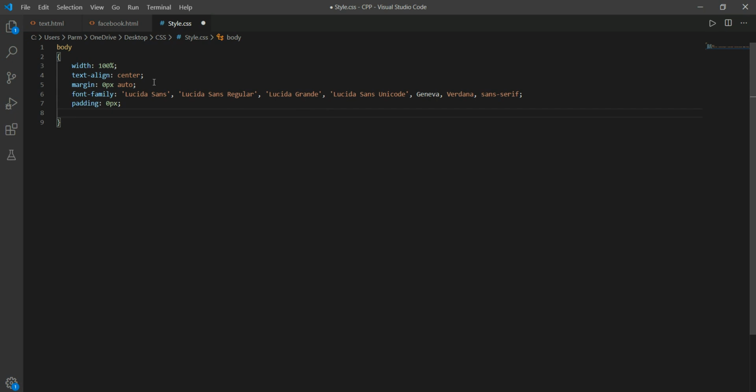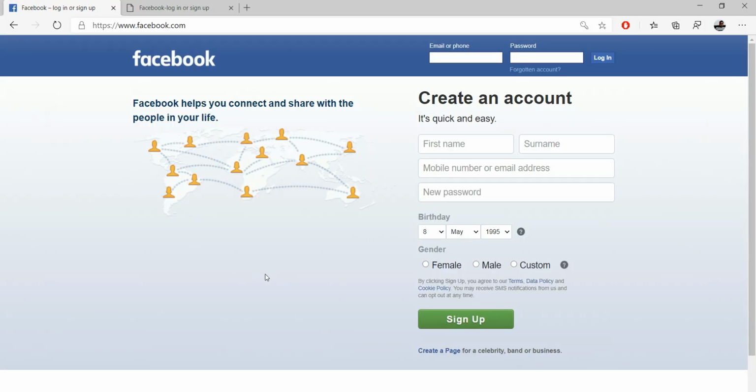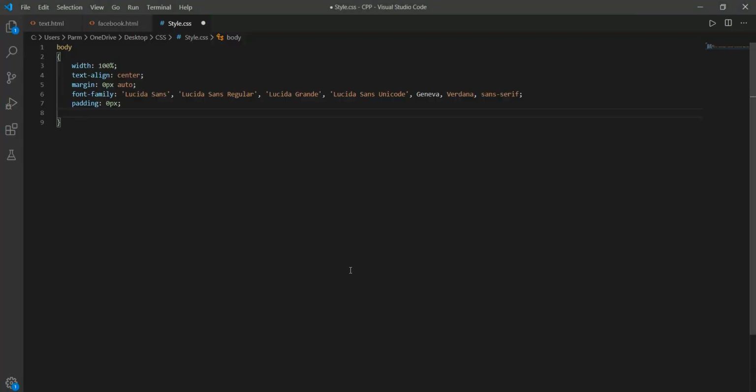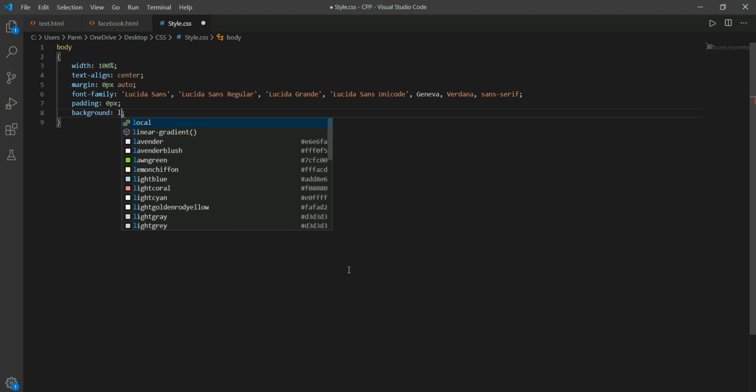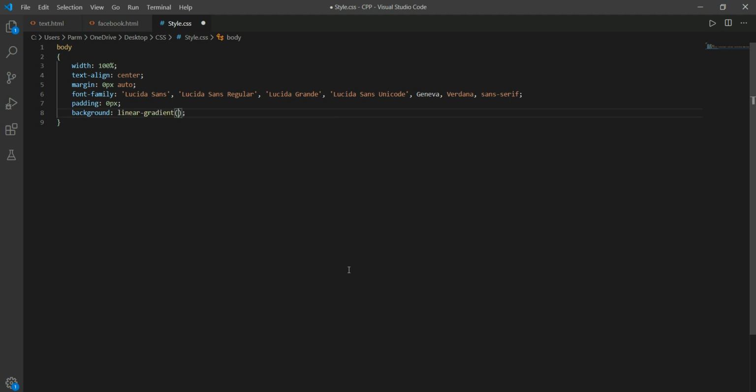And if we look at this background, it has some gradient colors, like white, and somewhere here it has a different color. So its color is a gradient. So what we will do, we will select background, not background color. We will select background, and here we will select linear gradient, and it consists of 2 colors. So here I'm using the hexadecimal scheme for the color.